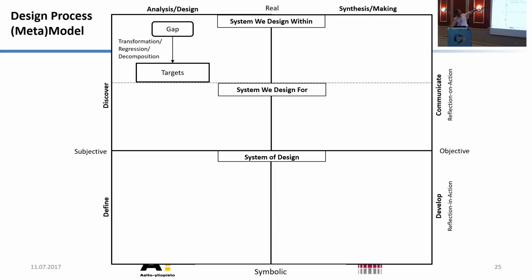Then the process is the line itself. You're going from one state, the identification of the gap, to the targets. The first step in the target is establishing your goals. And the process of going from gaps to targets follows the rules of reasoning: types of transformation, regression, and decomposition. Transformation basically means you're transforming the problem from something to something else. Like in school in the past, we had text-based mathematical problems. Now you had to convert them into algebraic equations, so you could solve them. So it's a transformation.